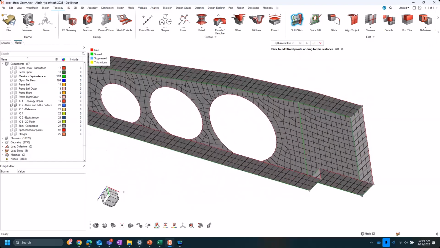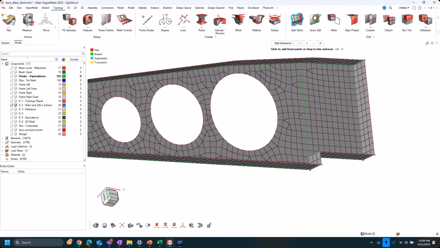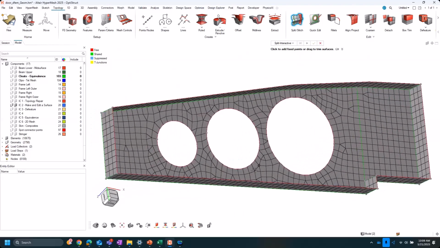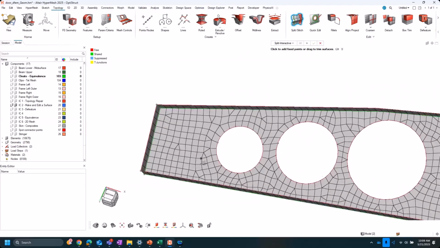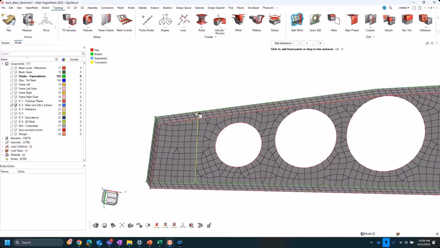Because, and sorry, I may have skipped over this, since I have my model view set to topology, I can see those edges from the geometry as I edit them. So it makes it easy to see, okay, now I have a green edge denoting two surfaces with one shared edge. And as you see here, I'm seeding element edges along that geometry edge, right? So it just makes it easy to control your mesh, maybe portion off segments like here, where you might want to have a nice clean